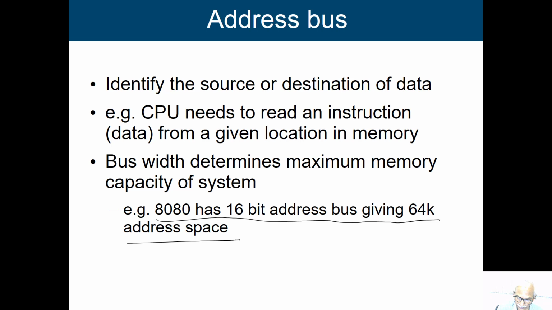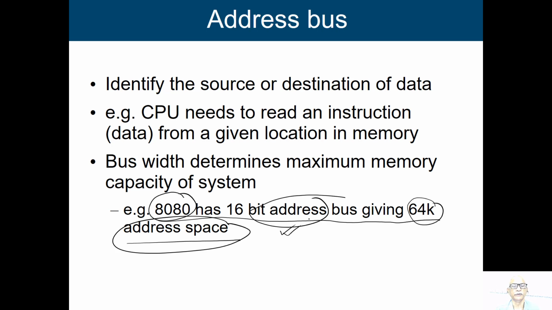We will see what this address space is, and 8080 is a processor, actually an Intel processor, whereas nowadays you are using Pentium or say i3, i5. So, this is the earlier processor, which is the 8080. It has an address space of 64K, and it says that it uses a 16-bit address bus. We will come to this point once we discuss the address.